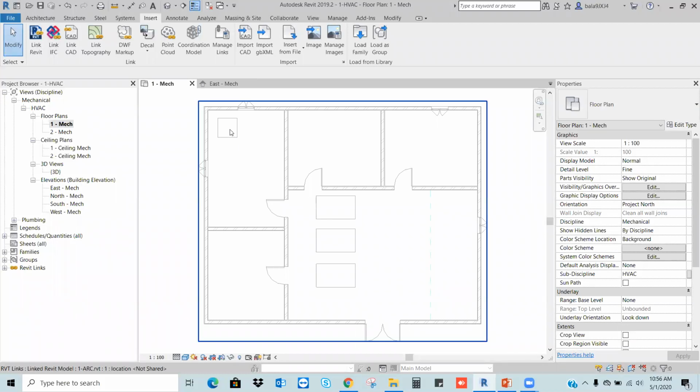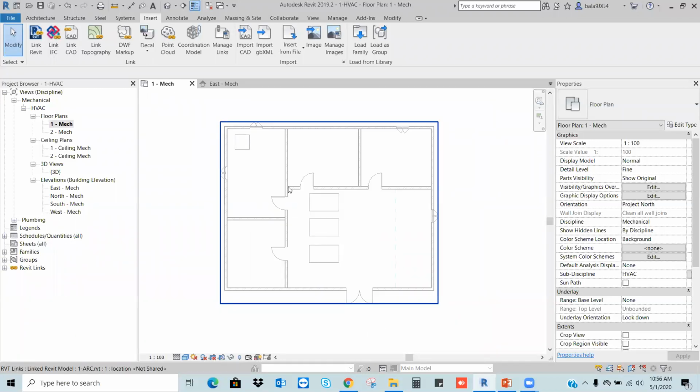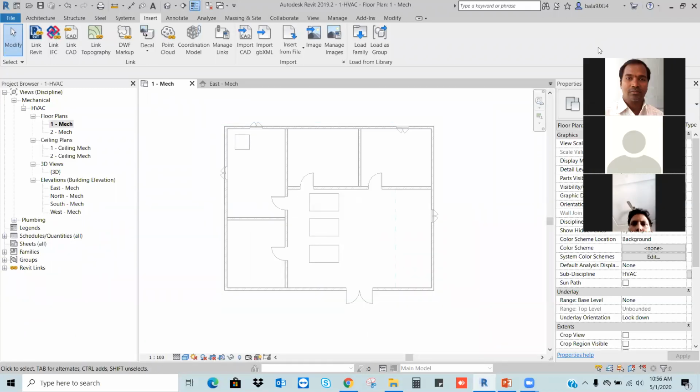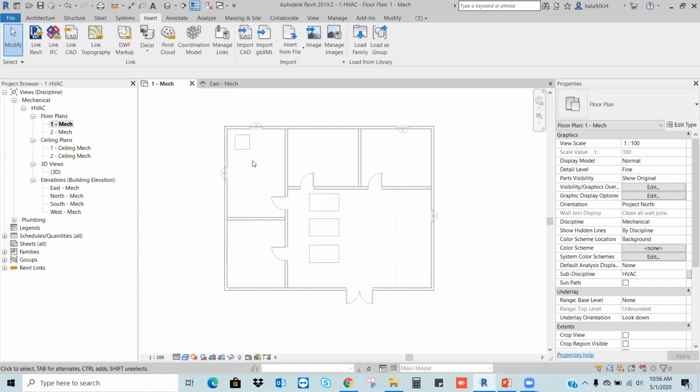Okay. Here I want to create my air conditioning system. In the air conditioning system, what are the components we have? We have diffusers and the AHU. Our main purpose is we need to supply the cool air into the rooms.